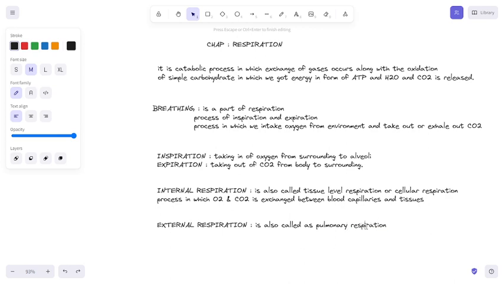External respiration is a process in which